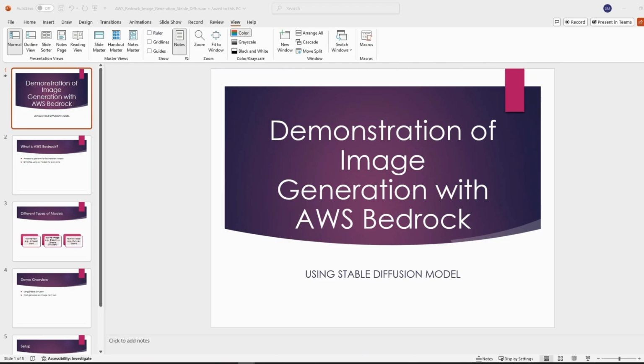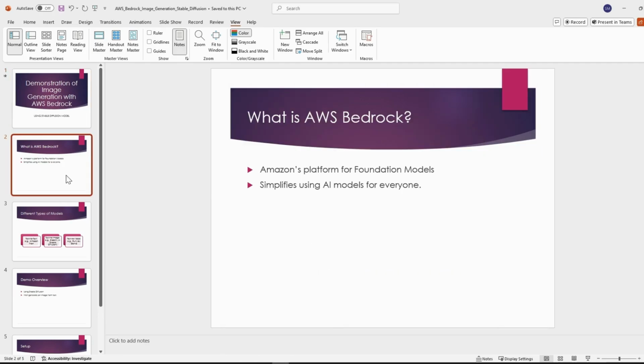In this video, I'll demonstrate how to generate images using AWS Bedrock's Stable Diffusion model. I will walk you through the key components of AWS Bedrock, various model types it offers, and provide a detailed demo using a code example. So, AWS Bedrock is Amazon's managed service that provides access to these foundation models or LLMs